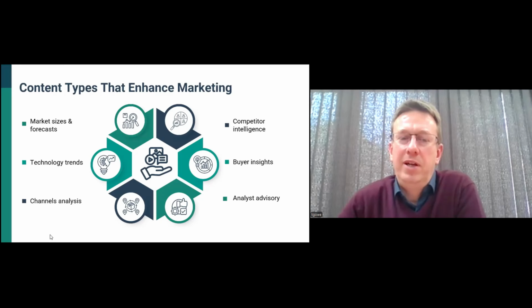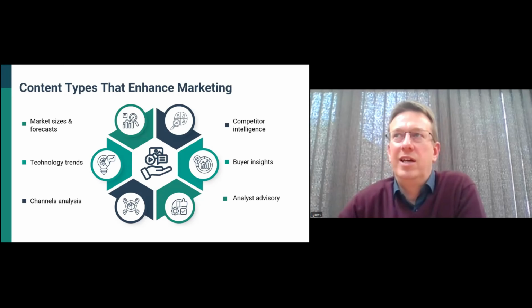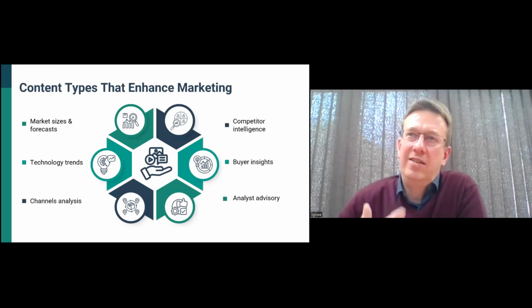Then you've got this ability to identify technology trends, what's coming up. So I think market trend identification is an area where an analyst house really can add value. There's a lot of talk about technologies, but it's really trying to decipher how things are moving, how quickly things will move in the market. That analysts would understand the various technology vendors that are playing in the market, how they're all competing against one another, what their release plans are,